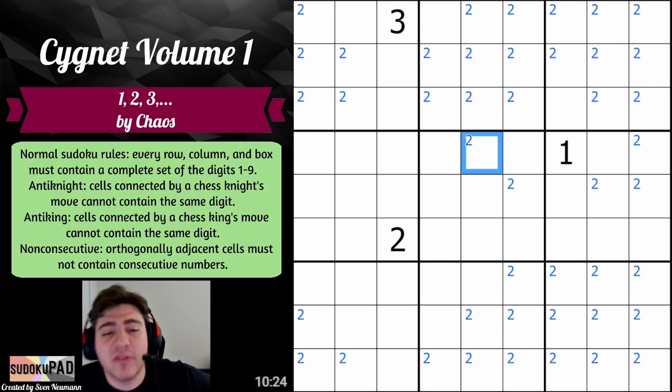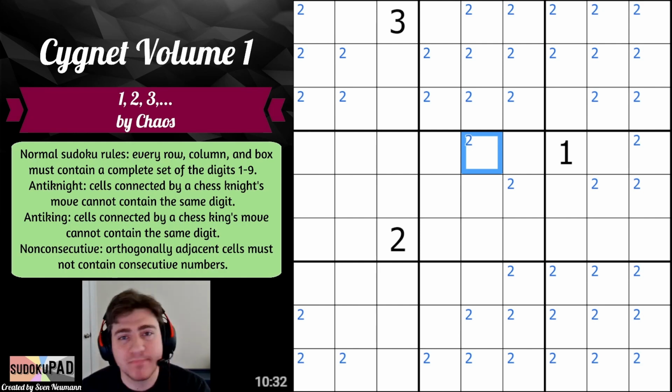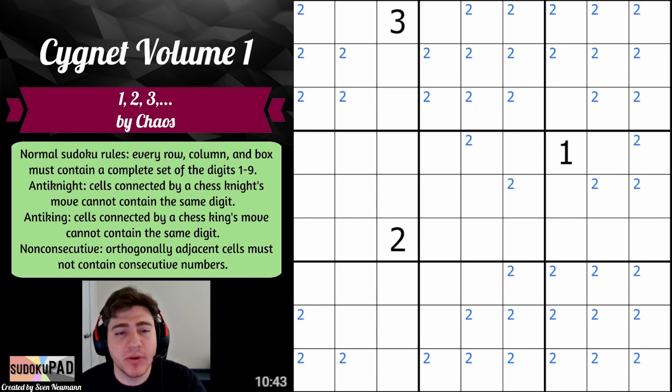If I sit here for another like 10 minutes trying to figure that out, and I don't see a better path forward, then I might just work with it. But I do want to try to do something a little bit more, like I said, a little more intelligent with the work here. So